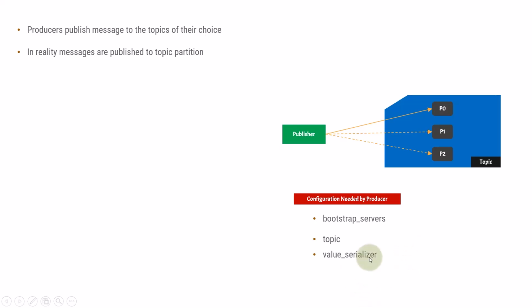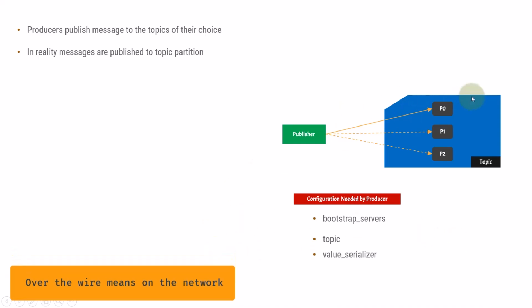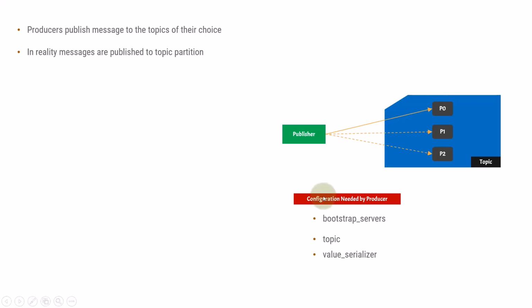Whenever you are sending data over the wire, it should be serialized, which means that it should be ASCII converted or it should be a simple string so that it can be sent over the wire. It should not be an object. When you are sending a message to this particular topic, those values should be serialized, and that's why you need to define a value serializer. That is basically a method which returns the serialized value. So we'll see all these things when we write our own producer.